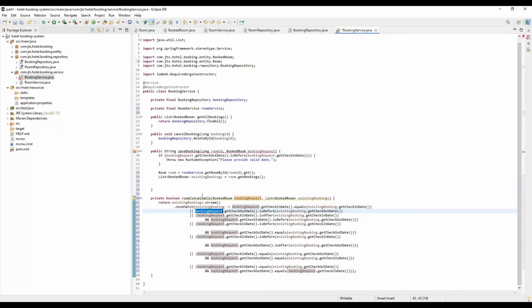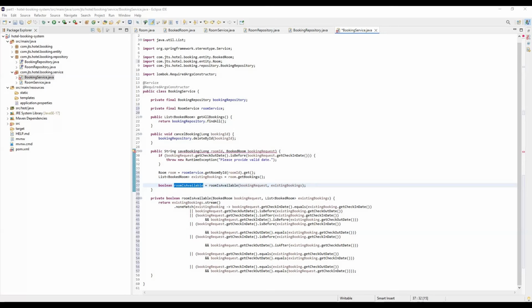If none is matched, that means we can say that the room is available, and these particular conditions we are going to use over here. So if the room is available, then we can book the room details, else we are going to throw the exception. So here we can directly check